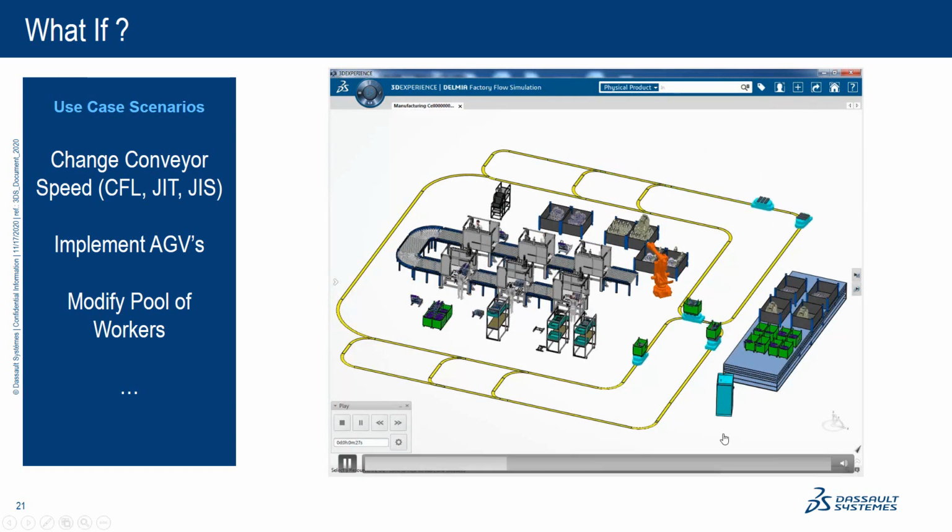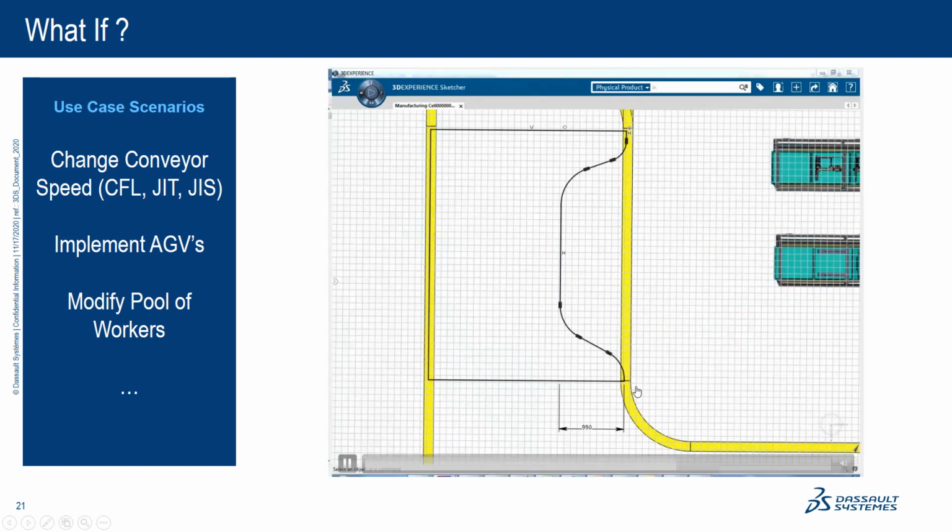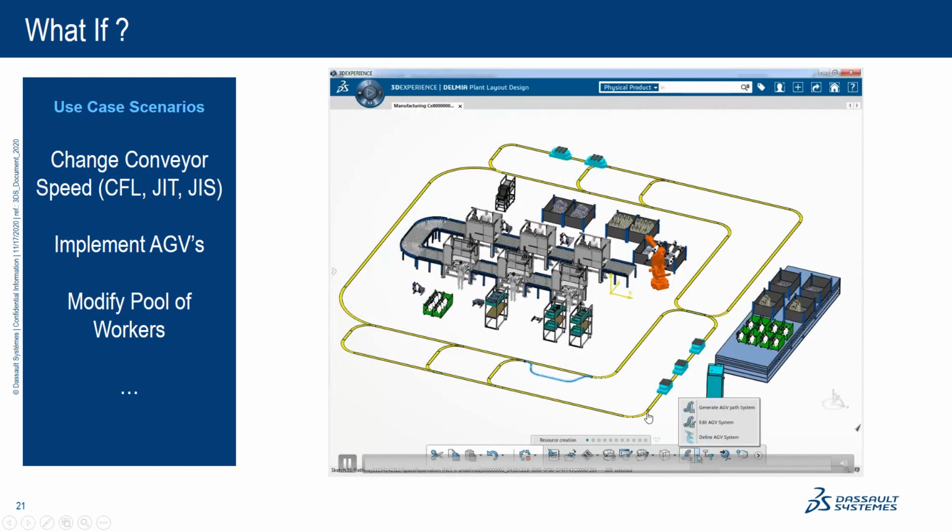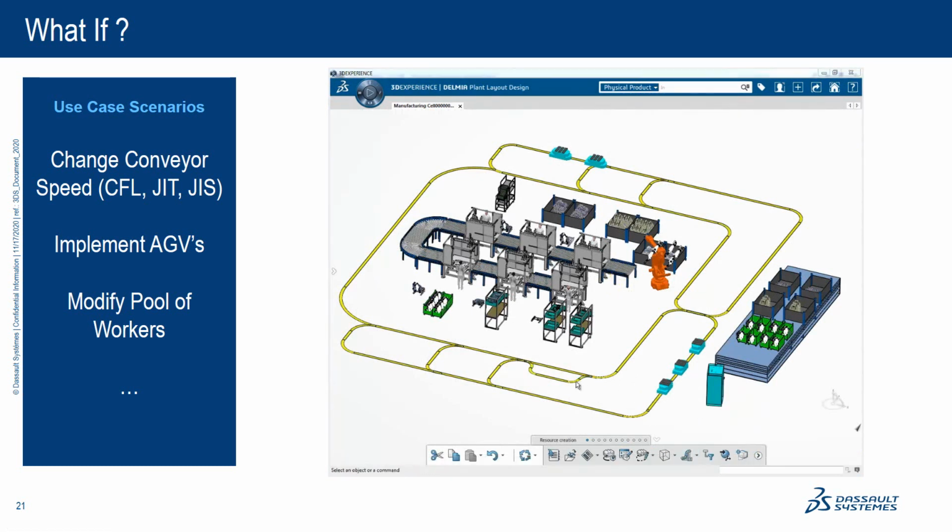Should we have a pool of HGVs dedicated to the left side of the line? Should we have a dedicated pool for the right side of the line? And you can simulate cases where some HGVs need to stop on the line to avoid any collision.